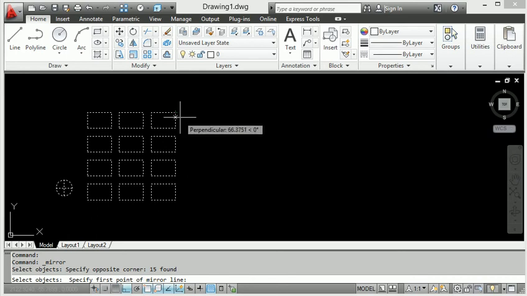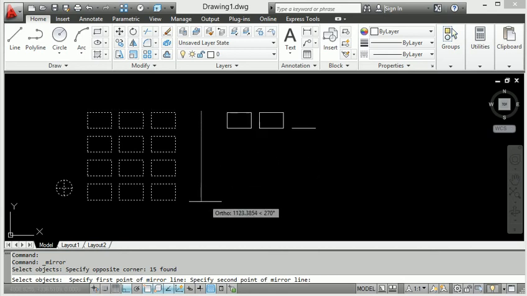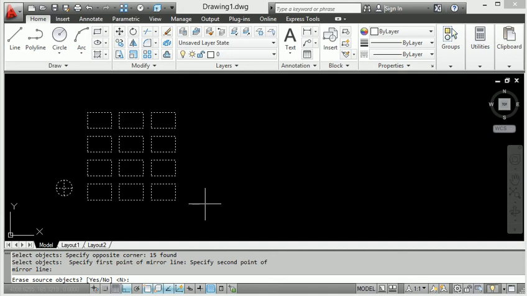So let's see this here. If I take this particular axis, as you decided before, click this point and also click this point. Then after that press enter.